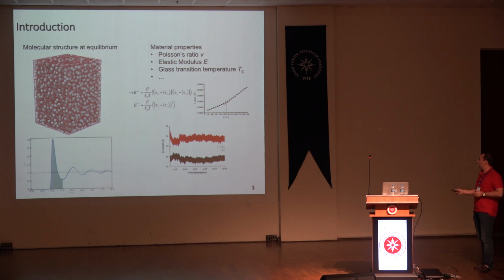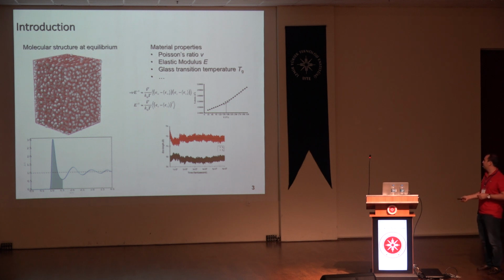So this might be one interest. The second interest can also be the properties at equilibrium. For example, the Poisson's ratio, the elastic modulus of the material, or the glass transition temperature, Tg, etc. So you can estimate this from